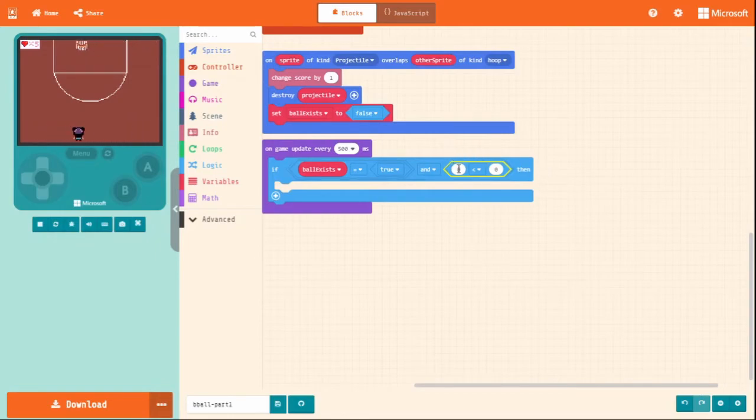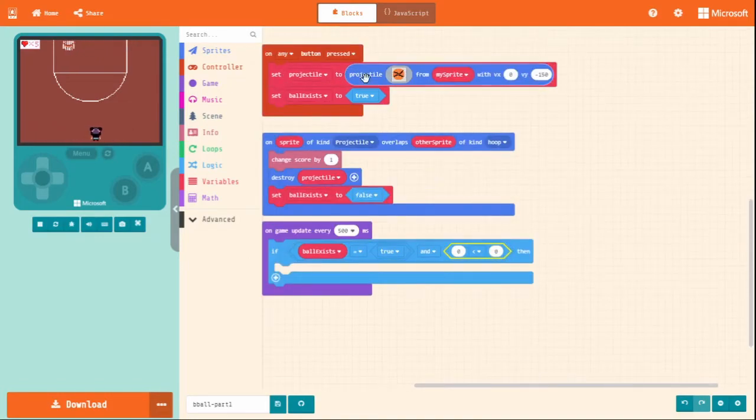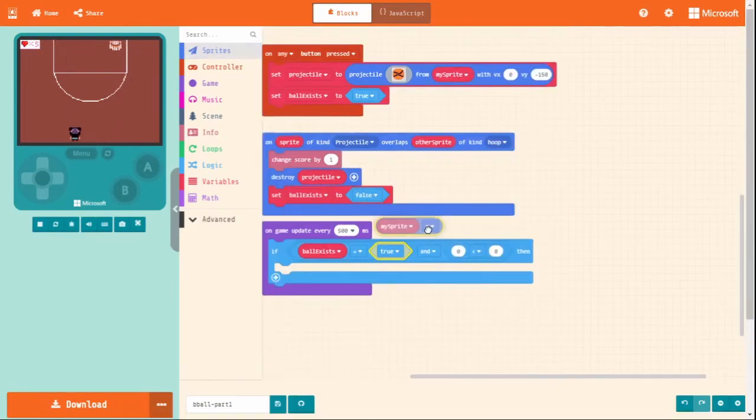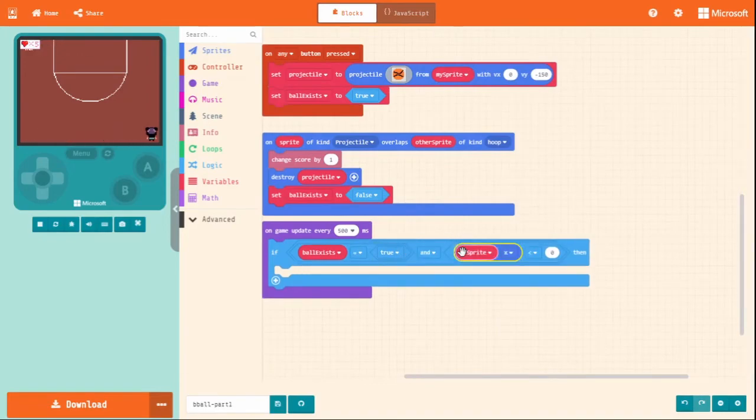And so what we're going to be checking is that the position of our ball, our projectile, is less than 2. So to grab our projectile position, we're going to go into sprites and then grab this block that says my sprite x. Drag that into the first slot of our condition,